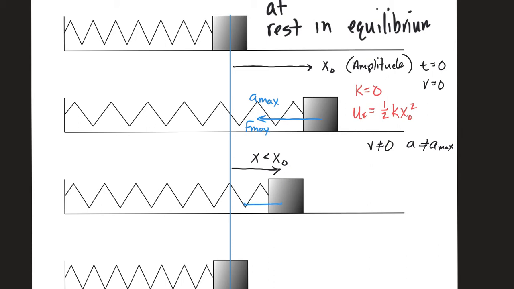We still have a force in this direction. And that force is based on x. So whatever x is what the force is now. But we also now have a velocity in this direction. This is an intermediate position. I say that because the energy is mixed. There's both kinetic energy